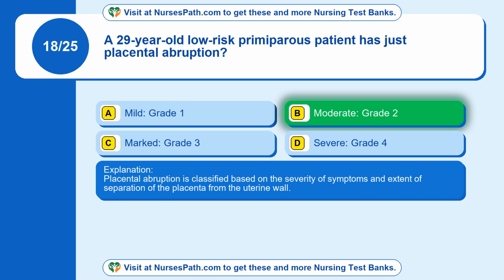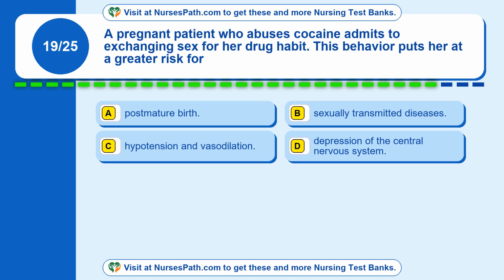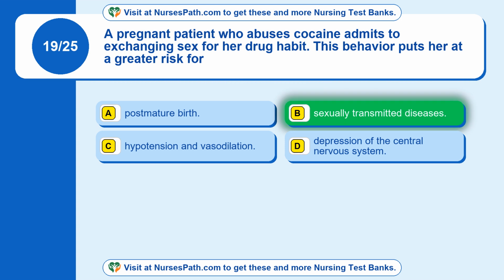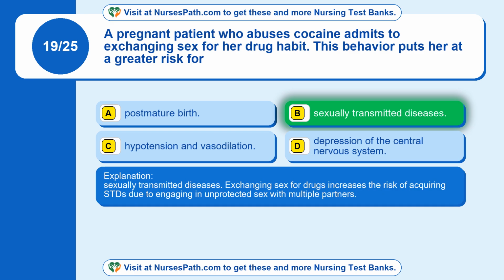wall. Question 19. A pregnant patient who abuses cocaine admits to exchanging sex for her drug habit. This behavior puts her at a greater risk for option A, postmature birth. Option B, sexually transmitted diseases. Option C, hypotension and vasodilation. Option D, depression of the central nervous system. The correct answer is option B, sexually transmitted diseases. Exchanging sex for drugs increases the risk of acquiring STDs due to engaging in unprotected sex with